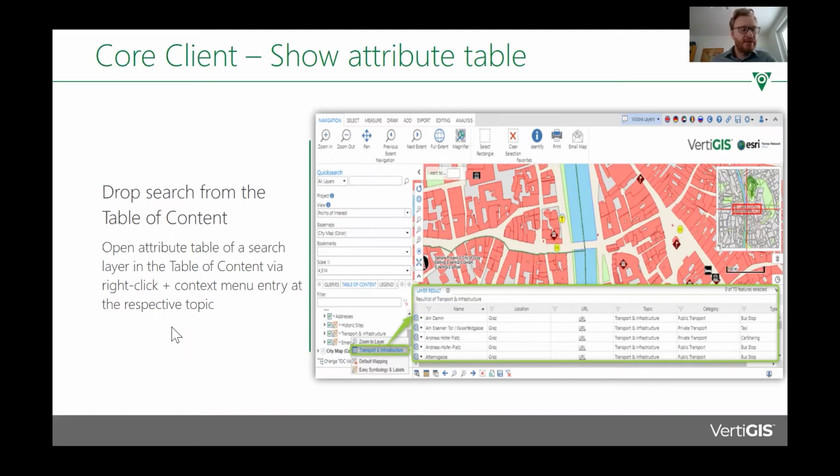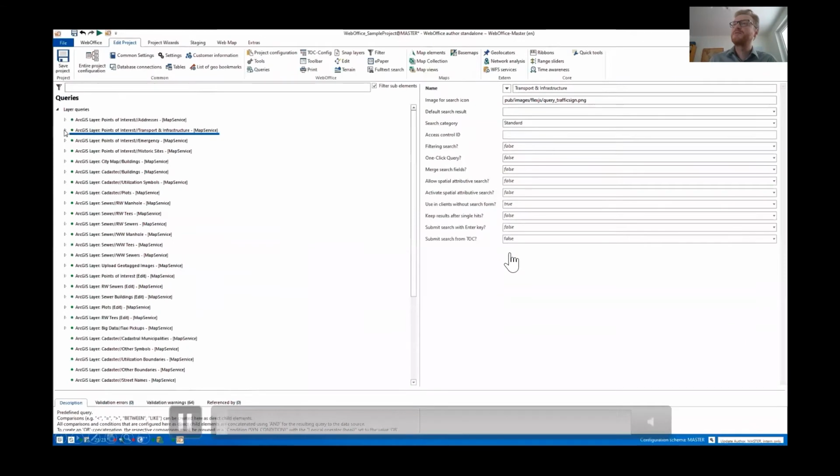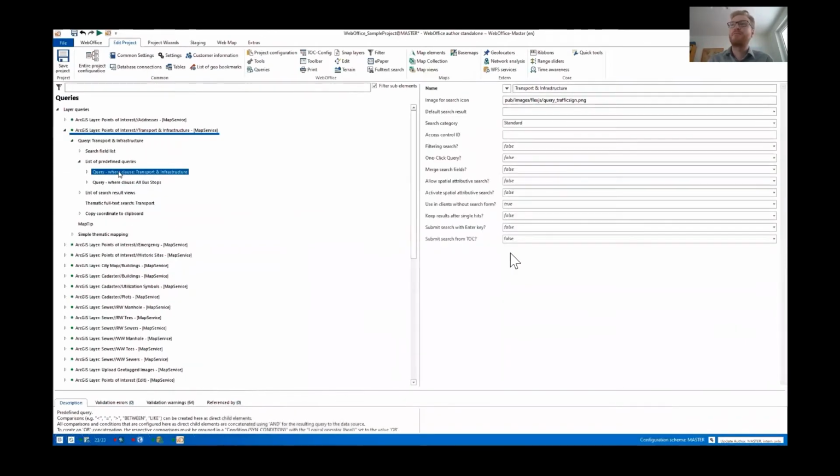Another feature we have been asked for since sometimes, also through our platform WebOffice Ideas, is that users want to scroll through the WebOffice table of contents and start a query right away from here. Or a second one that we have been hearing through some time now is that they want to open an attribute table, which basically is a query against a layer with no restriction, right? With no definition query. So what you can do now as an administrator is that you can have a predefined query where you have the defaults already in place, like with a one-click query,